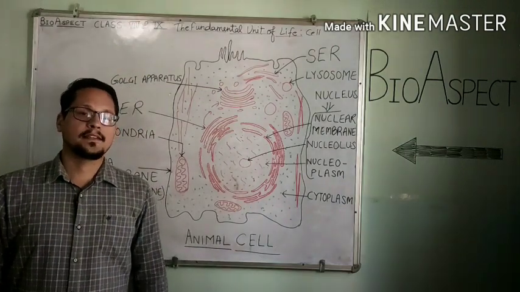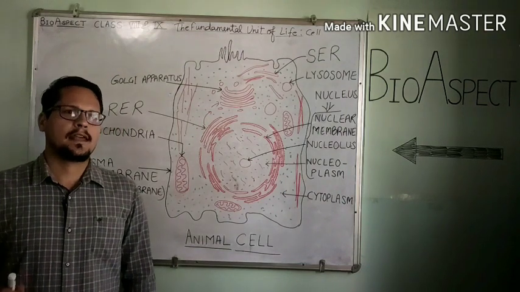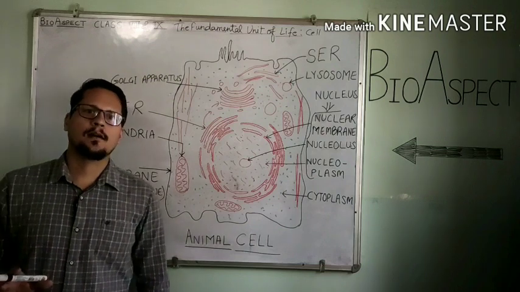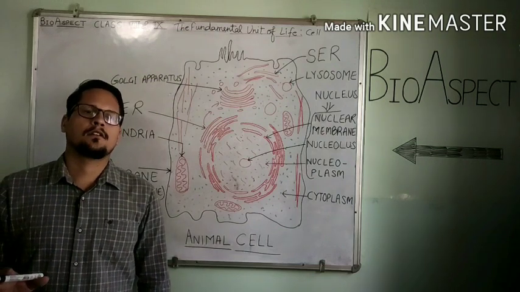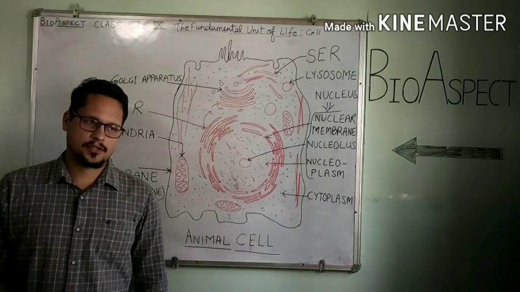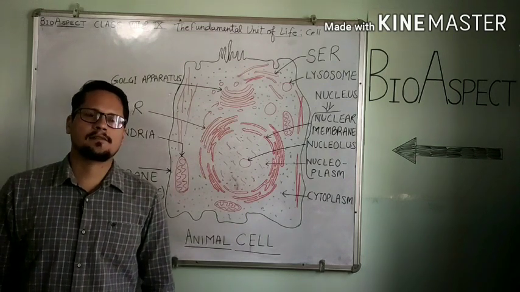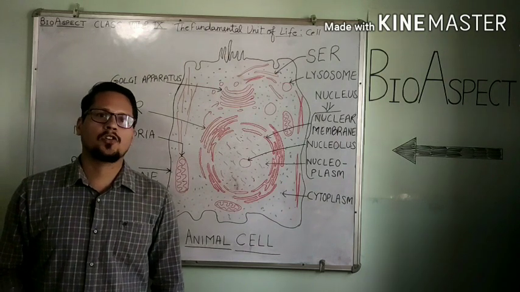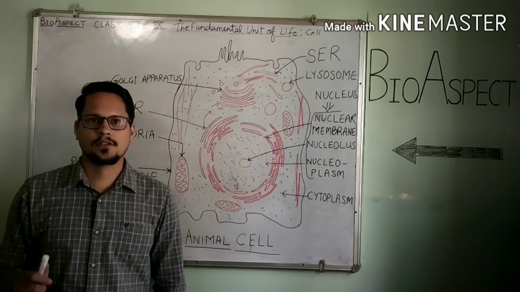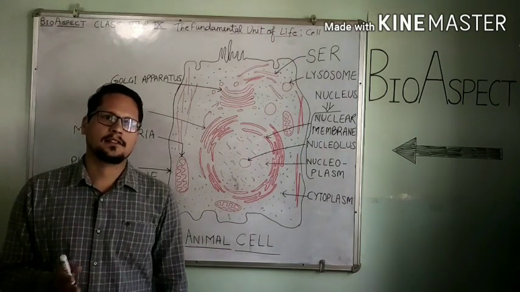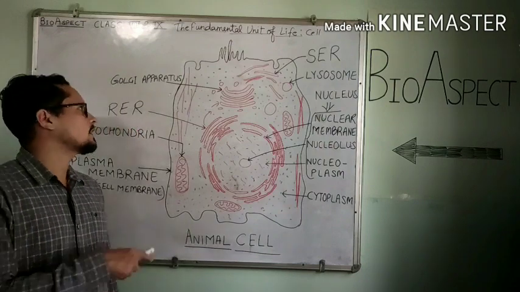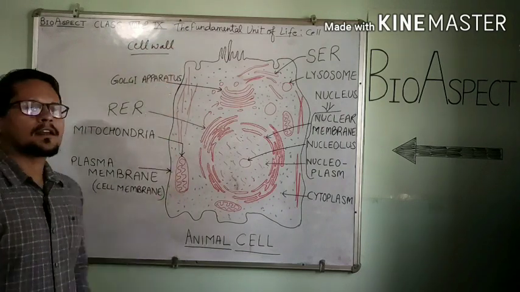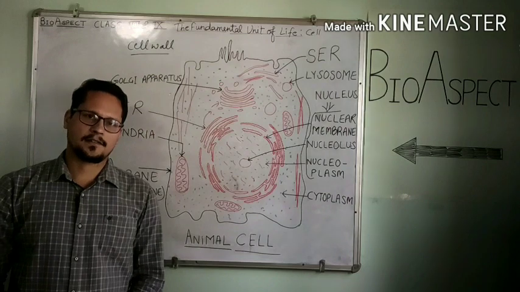Alright. Besides these three features, there is another one, the cell wall. The cell wall is the outermost layer which is only found in the plant cell, and it is helpful for its protection. Animals can protect themselves from extreme weather conditions by the process of movement, but plants cannot move from their original position, so they need more protection than animals. That is why the cellulose layer, it means the cell wall, is found in the plant cell.